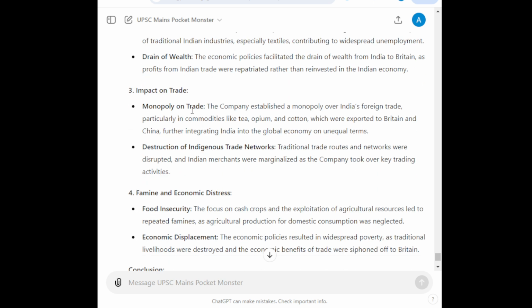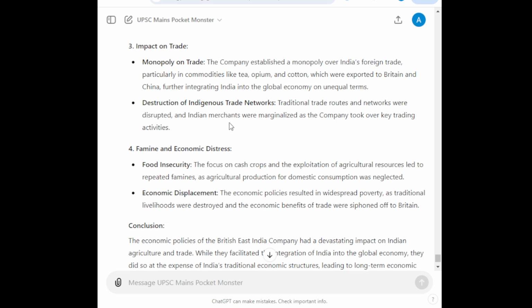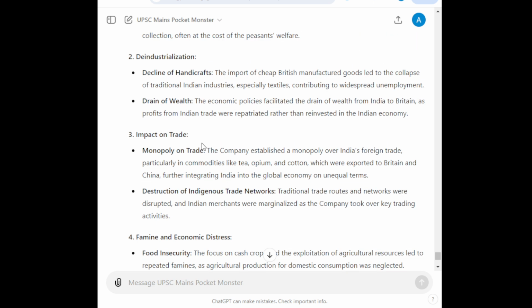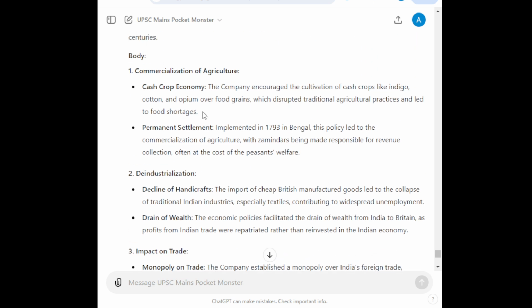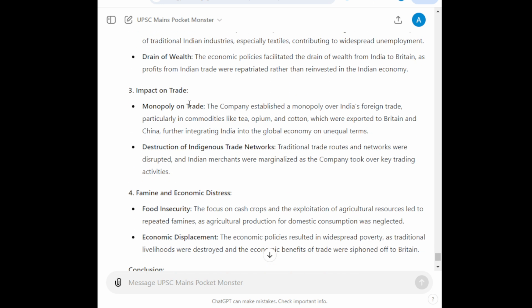Monopoly and trade. Okay, destruction of indigenous trade networks. So they disrupted local structures in trade. Even socially they were doing the same, disrupting social structures with their limited understanding of our ways. So in trade, the structure was all being disrupted, the traditional things, and this imposition of their own thing. And in agriculture too, we see it, the more we go through these points in our heads, I'm going to go as many times as it would help me to retain these things